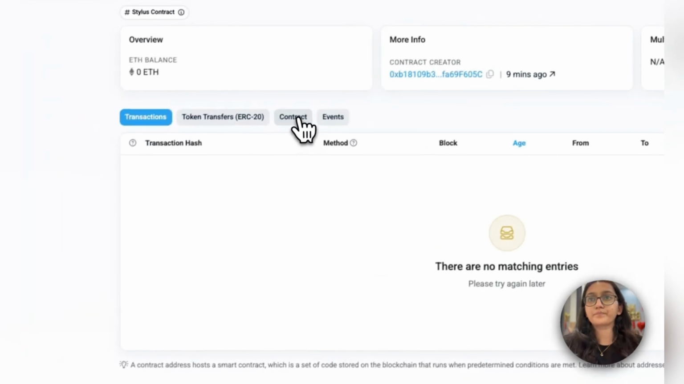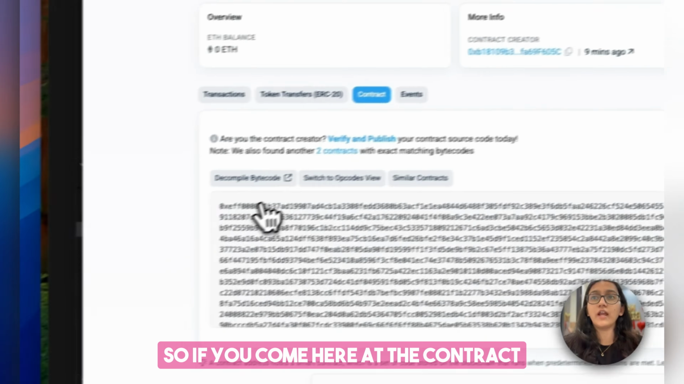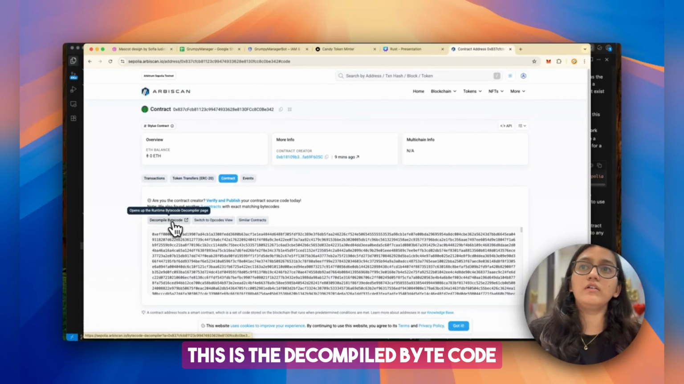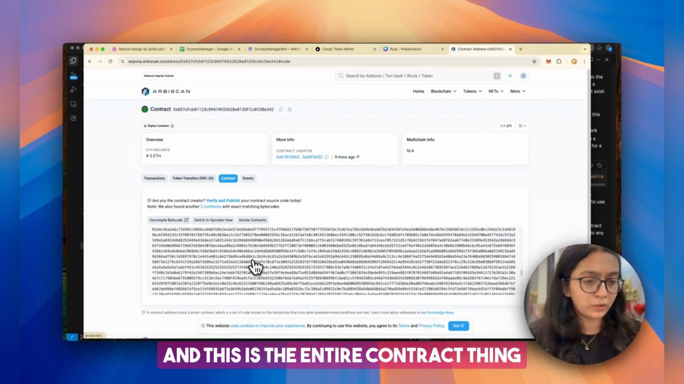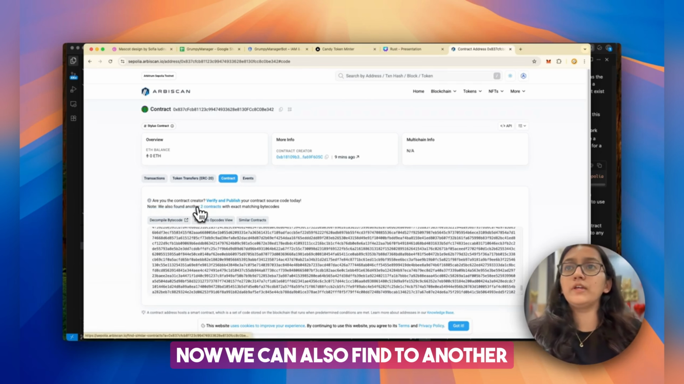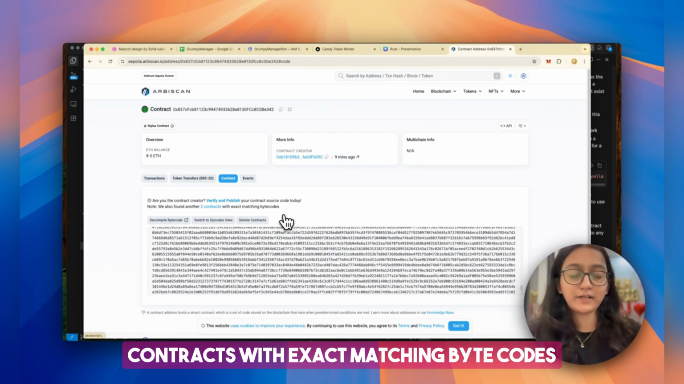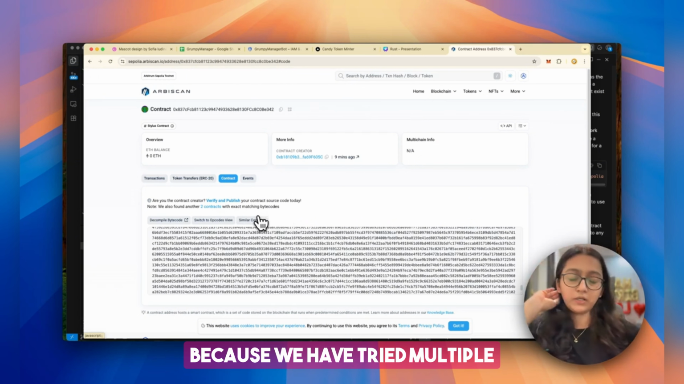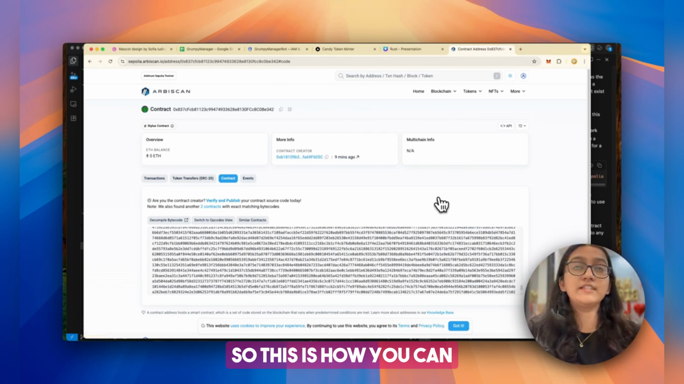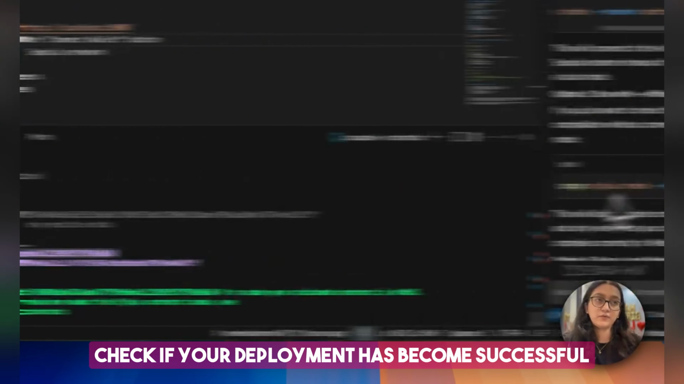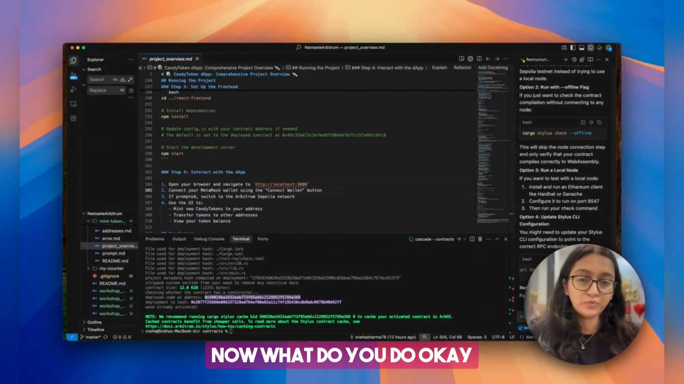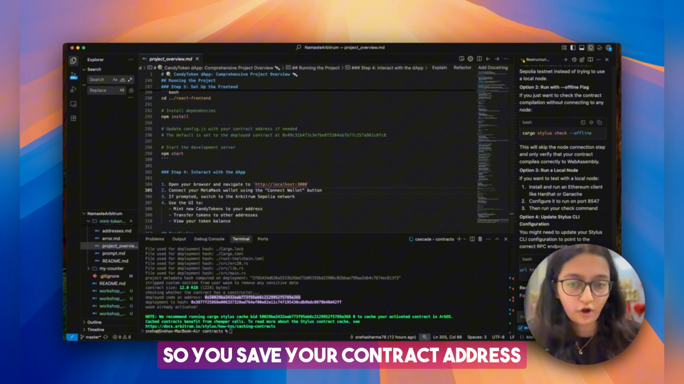If you come here to the contract, this is the decompiled bytecode. This is how you can see it, and this is the entire contract. We can also find two other contracts with exactly matching bytecodes because we have tried multiple deployments. So this is how you can check if your deployment has been successful. Now what do you do? You save your contract address